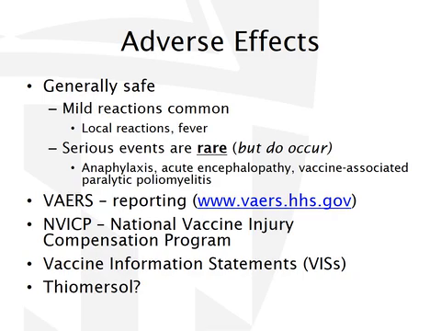So some adverse effects. This is a general discussion of adverse effects that could be seen with vaccines. I'm not going to talk about specific vaccines at this point, but just generally some of the things that we might see with vaccines. First of all, they're generally safe. For the most part, mild reactions are really all that is seen for the majority of patients who receive vaccines. So local reactions, some patients experience fever. Serious events associated with vaccine administration are rare, but they do happen. Anaphylaxis, acute encephalopathy, vaccine associated paralytic poliomyelitis, these things can occur.